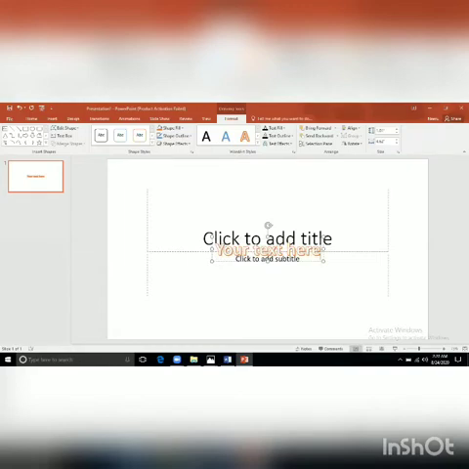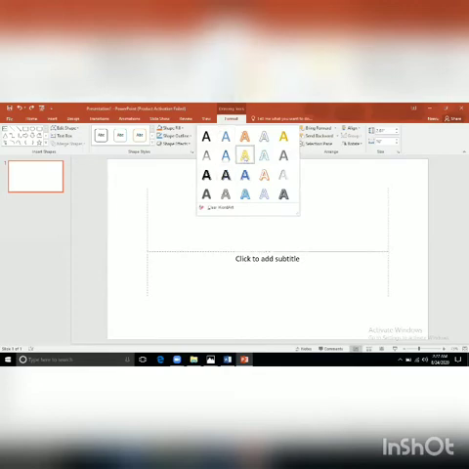With the backspace or delete key, we can delete this text. Here you can write any text. And you can see on the title bar, drawing tools are here. Under the drawing tools, we can see one more tab after the view tab. That is format tab. So firstly take any word art style, which one you want to take.